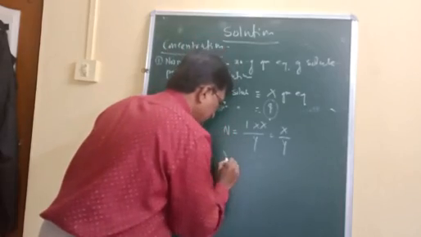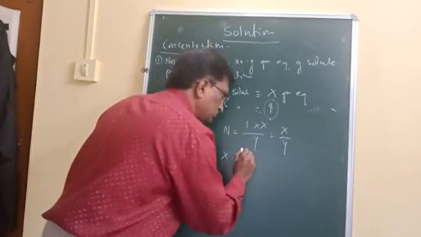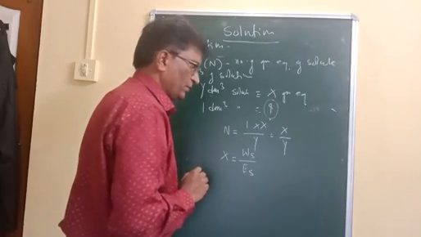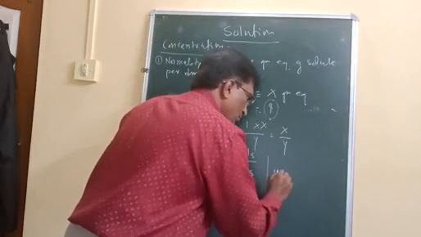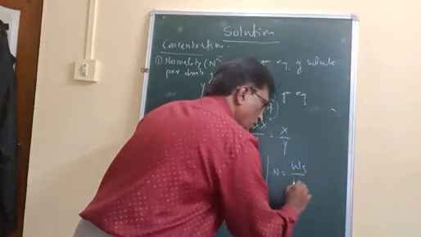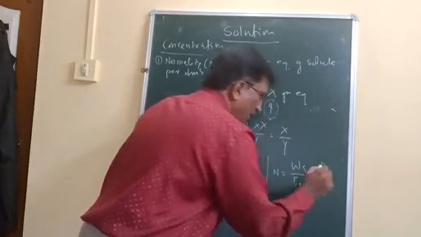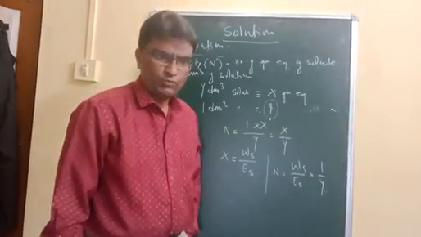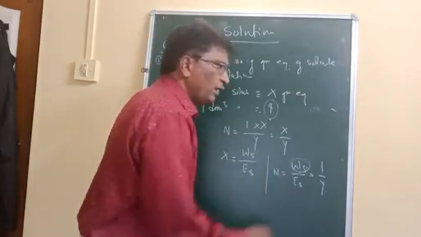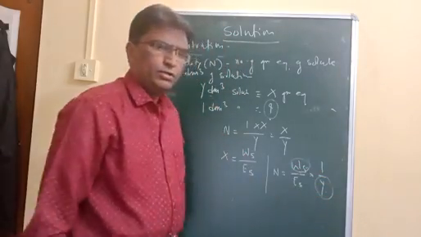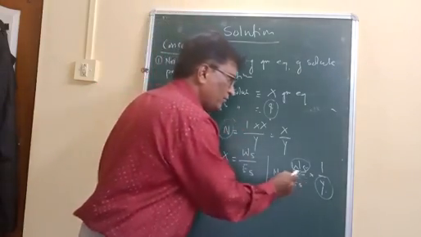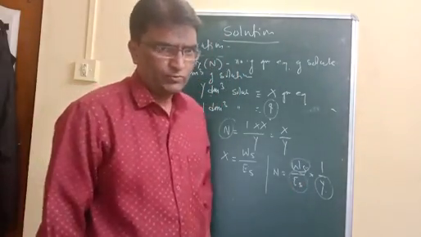And x, the number of gram equivalents, can be calculated as weight of substance divided by equivalent weight of substance. Therefore, normality can be calculated as N is equal to Ws upon Es into 1 upon y, and that y should be in dm cube. If we know the weight of solute and volume of solution, then the normality of solution can be calculated, provided that the equivalent weight of solute is known.